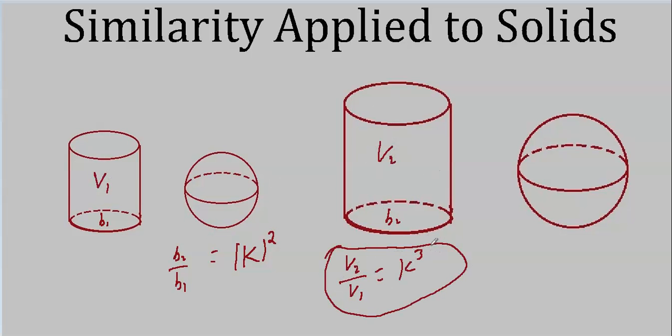And it makes sense. Volume is always something cubed. It's always in cubic units. And our scale factor is cubed. That is the ratio of the two volumes of the two similar solids. That ratio is k cubed, where k is the original scale factor. Let's say it's really very easy. So let's prove it. Let's work some problems and see how easy this is.